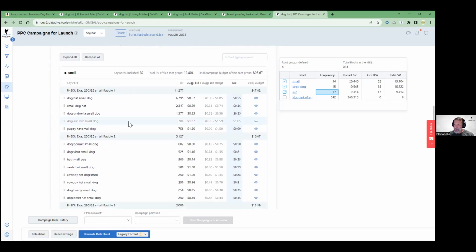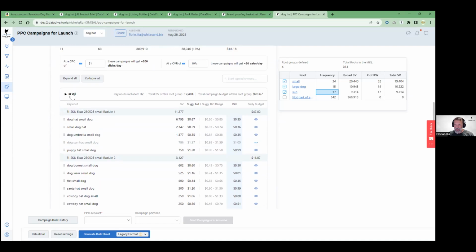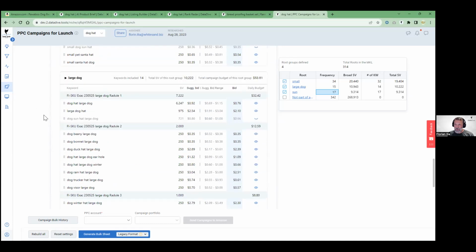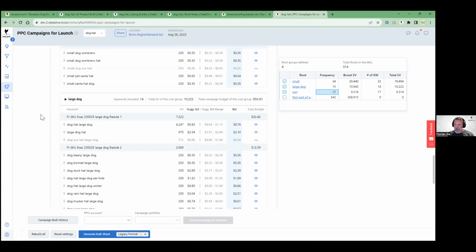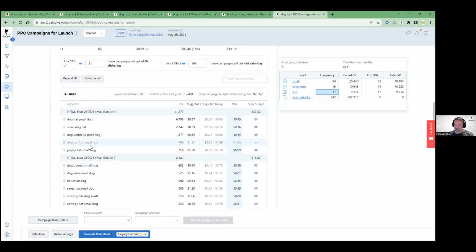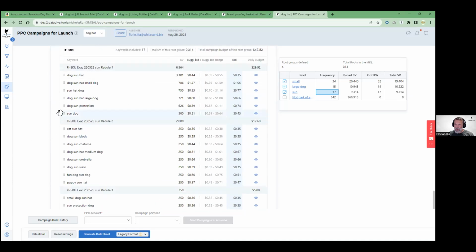Now, look at this. This keyword has the eye closed and it's gray. So what happened to this particular keyword? Well, it has small in the title, but it also has sun. And if you remember, sun is our route number 3. So what was it? Dog, sun, hat, small dog. Here it is, you see? So it's already included in a smaller route. This is why it's not present in the larger route. You don't have to care about any of this. You just have to care that it's